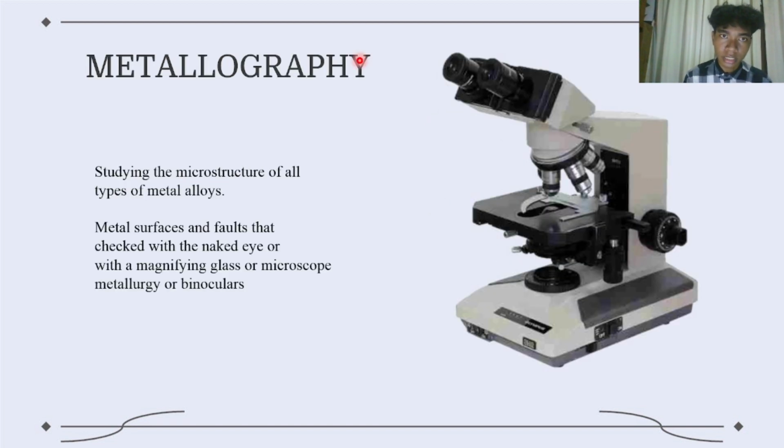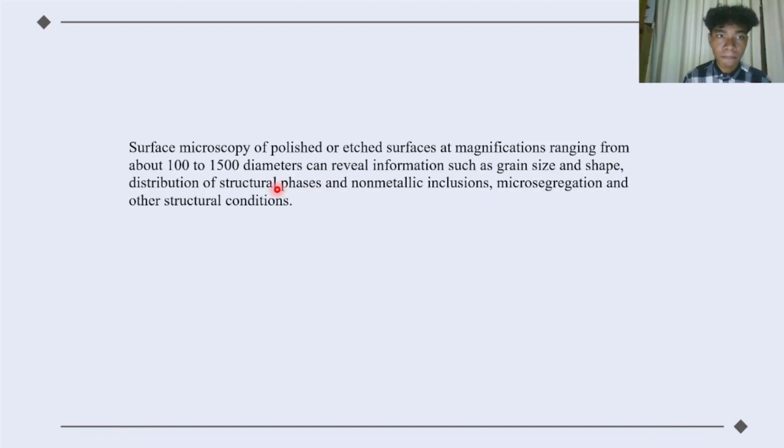And then the next is metallography. Metallography is studying the microstructure of all types of metal alloy. So the metal surface and the faults that check with naked eye or with a magnifying glass or microscope, metallurgy, or binocular. So the surface of microscope applies or edge surface at magnification ranging from about 100 to 1,000 and 1,500 diameters